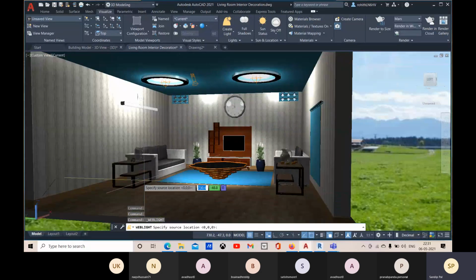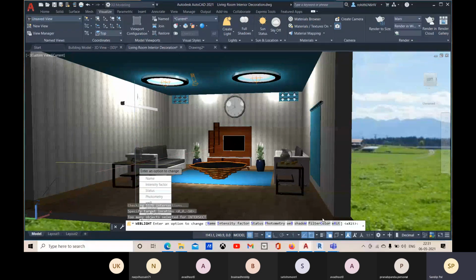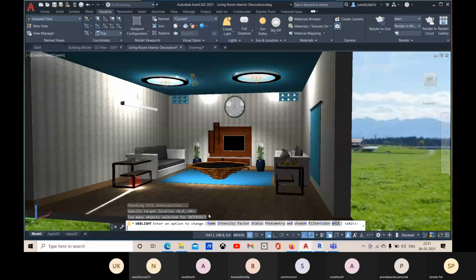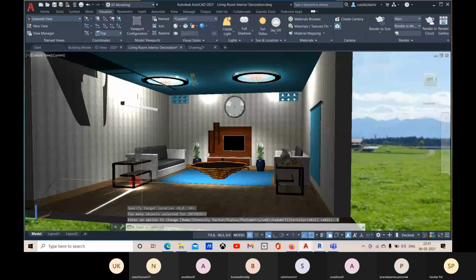Here, let me place one, and there you can see this is the shape, and you can give some target location, and towards that it will create some light.